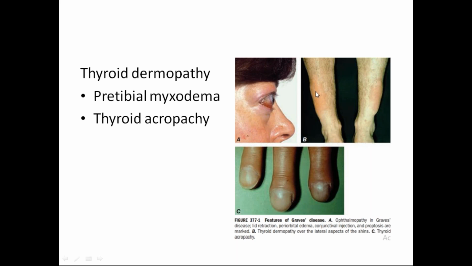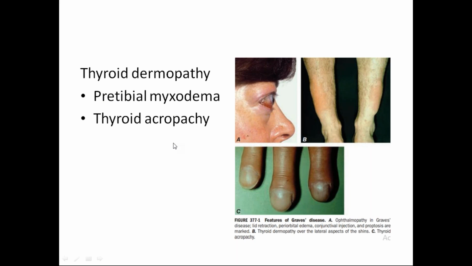So it causes an orange peel-like appearance on the legs. It is non-painful, but it causes some problems. So this is the classical example for thyroid pretibial myxedema. It can occur in any location, but as it is most prominent in the tibia area, it has got its